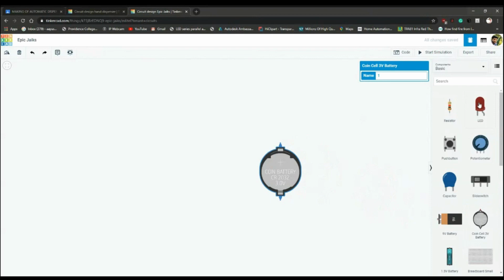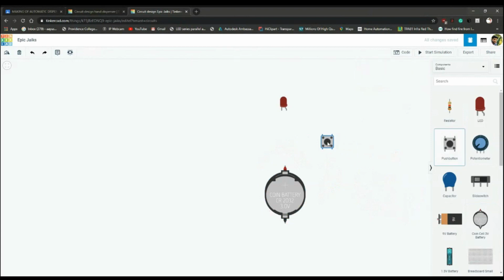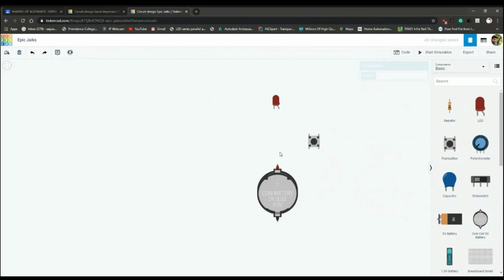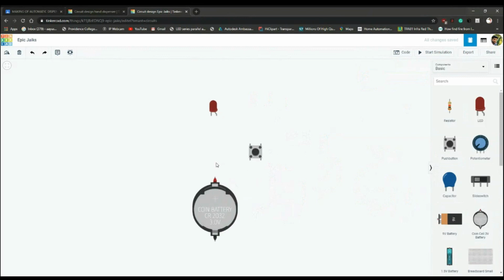Next will be our LED, so I'm going to click and drag this LED over here. The next thing will be our push button, which is our switch. So all the components that we need are here in our work plane.